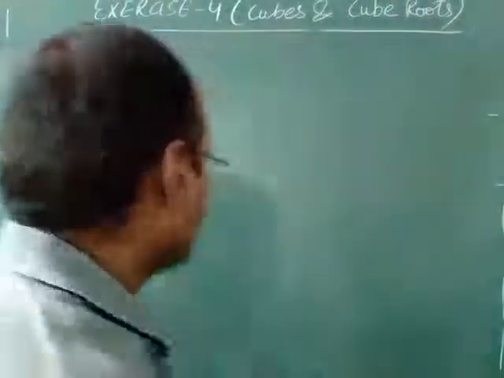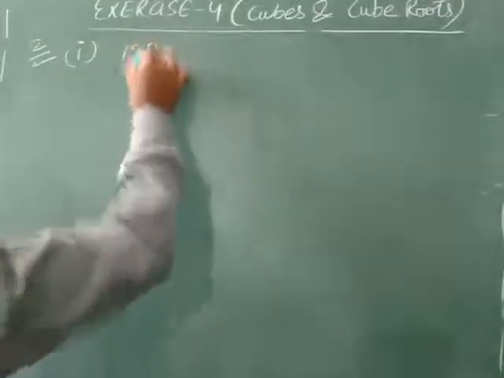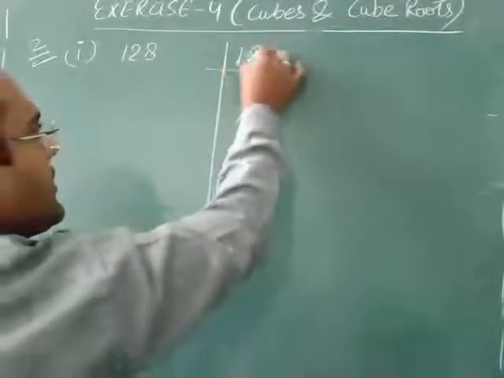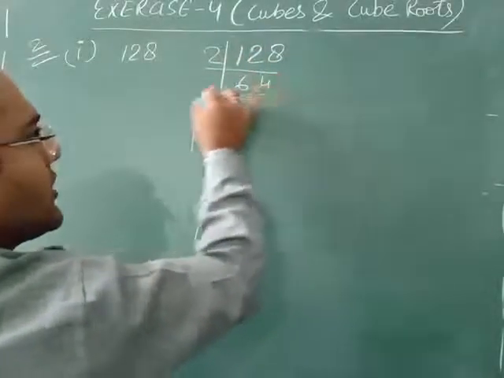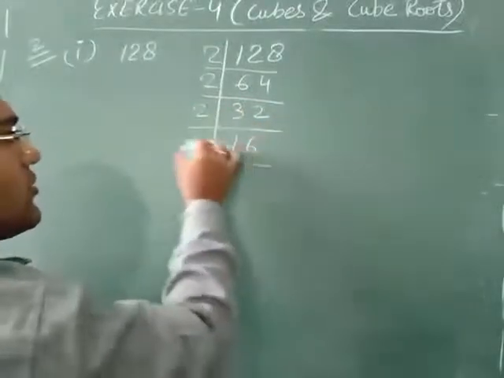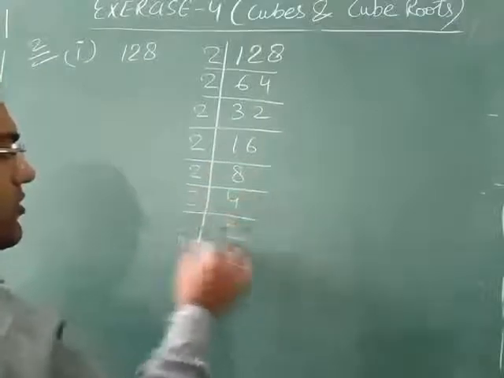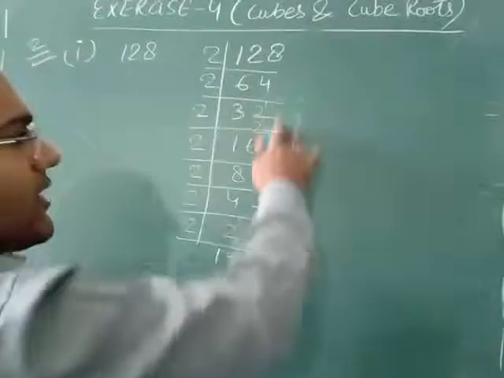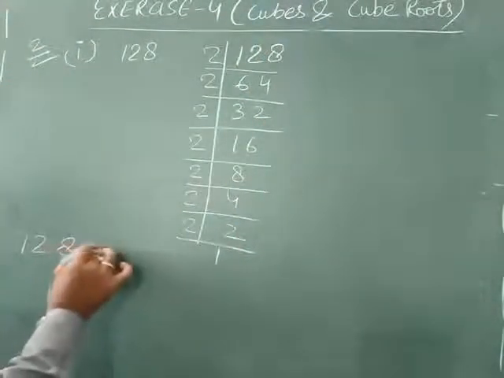First part all of you see. First part is 128. So first of all what you have to do? You have to find the prime factor of 128. 2 6 12, 2 4 8, 2 3 6, 2 2 4, 2 16 2 8 4 8, 2 2 4, 2 1 2. So we have found the prime factor here. Now what you have to do, 128 is equal to